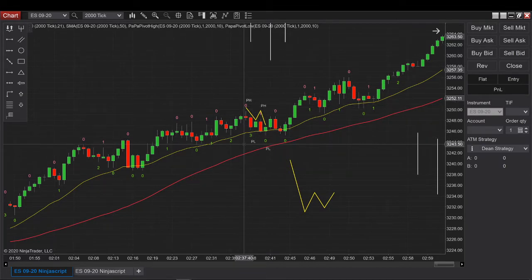So that's why we need, as a first step, to code the pivot before we are even able to count a two-legged pullback. Actually, doing the two-legged pullback is very simple. The most difficult part is to find the pivot, and also to reset the pivot.